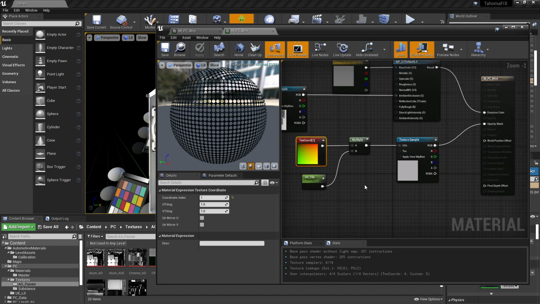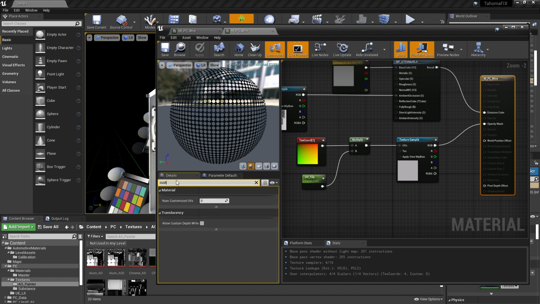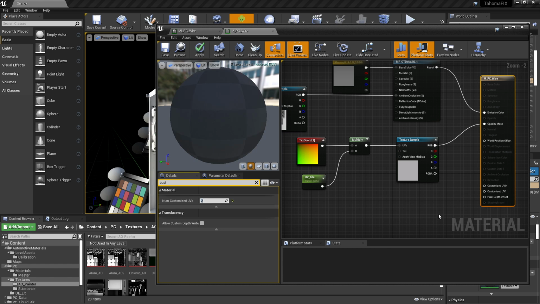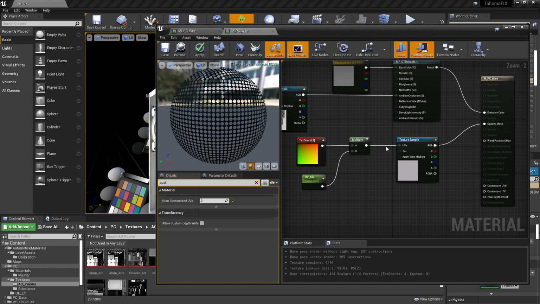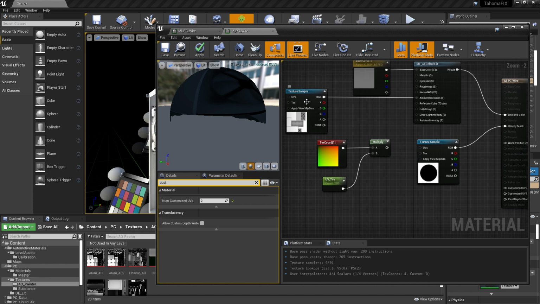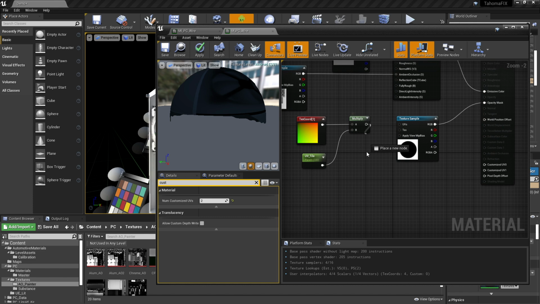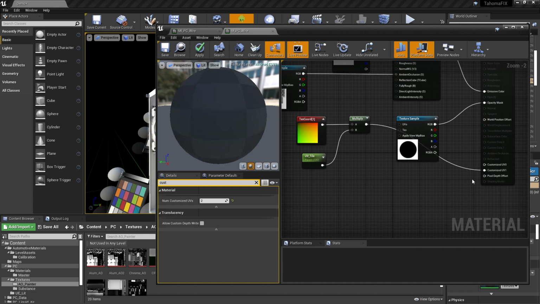So how do you do that? It's actually really pretty simple to do and very, very cool. If we go back to this material and search for custom, you can see that you can add customized UV. If I put this to 2, I'm going to get the 2 texture channels that I need. And all I have to do is unmap that. This is still going to be using the first UV channel. I'm just going to pipe this into the second UV channel.